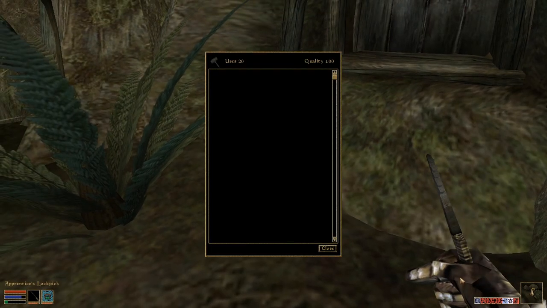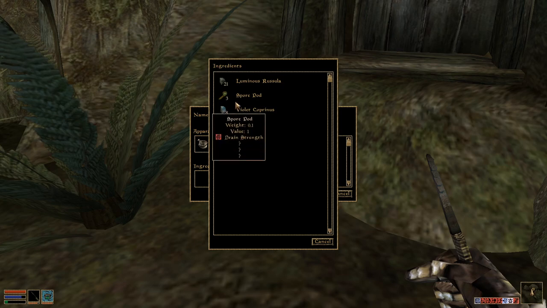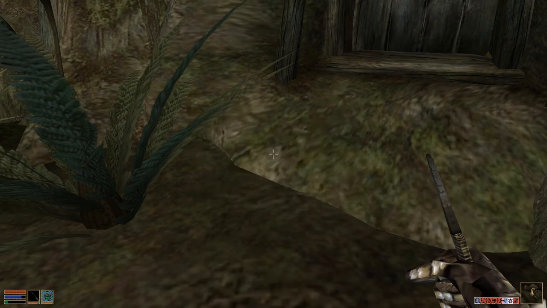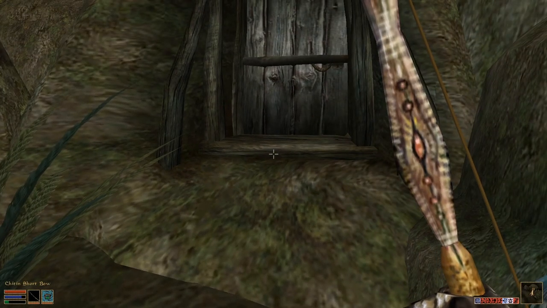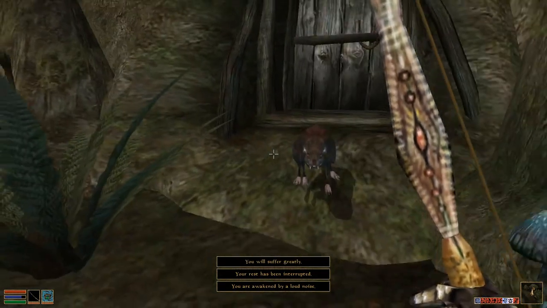Oops. I'm pressing all the wrong keys. There we go. Water walking. Oh, really? Okay, well, nothing yet. So, now, here's where we want our fatigue to be up. We're going to rest. What the f...